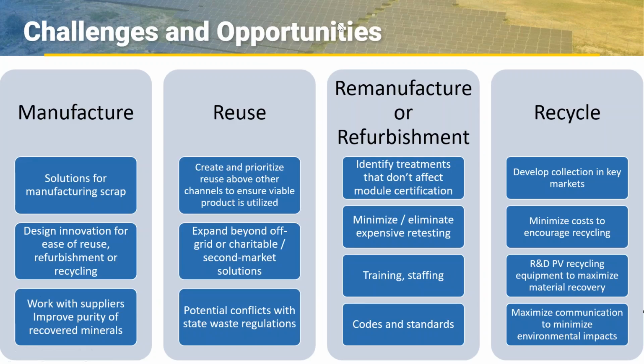All right, so in terms of our to-do list from an industry perspective and how we look at further working on developing out the resources for reuse and recycling, we look at it in terms of some different stages of need and necessity. I won't go over all of these specifically, but hopefully it gives you insight into our thinking in terms of where we need to focus our efforts and resources to ensure that we have a fairly robust